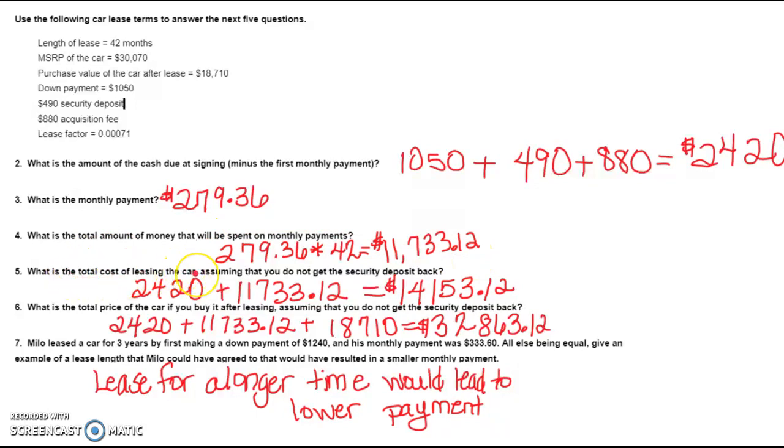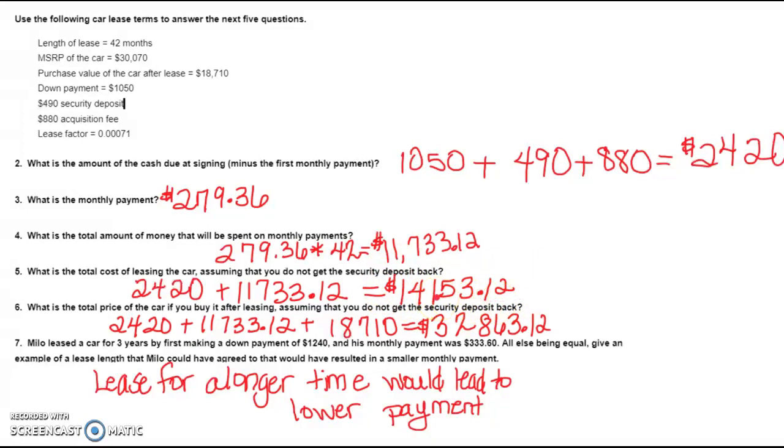The total cost of the lease is the money due at signing plus the total amount spent on monthly payments. So we add those first two together: $2,420 plus our $11,733.12